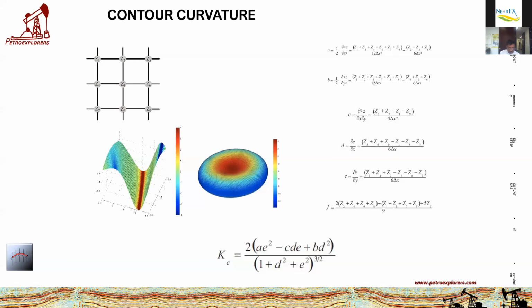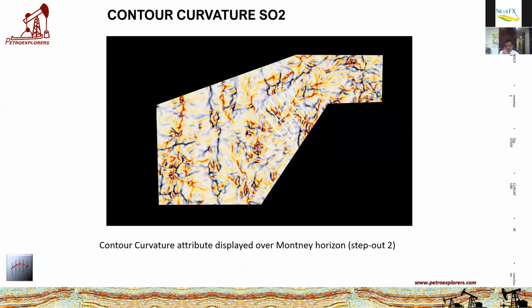Like it can be learned this way, the turning of the contour. So when we did the study, we ended up sending the client a lot of curvature volumes to test against where their frac is going. This is extracted over one of the mountain horizons, and I cannot reveal where it was, but there were horizontal wells drilled along. What we found is that these high contour curvature patterns do overlay really well where the